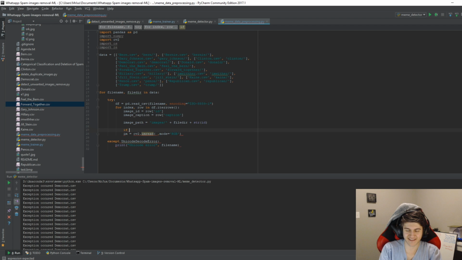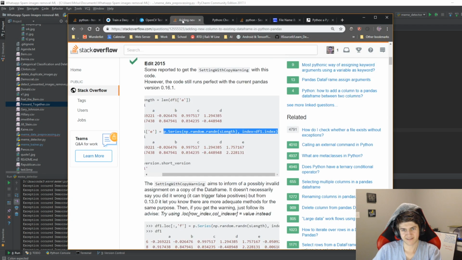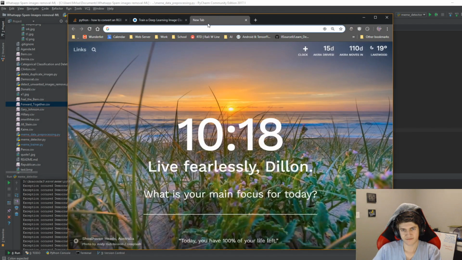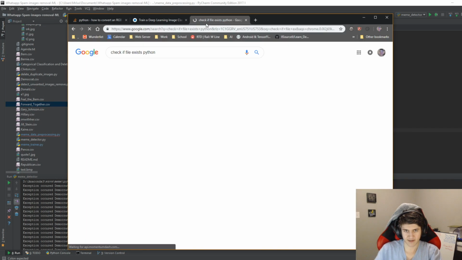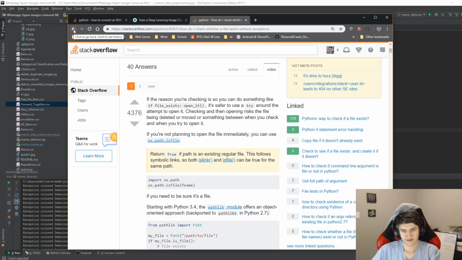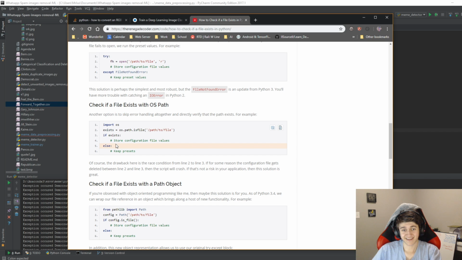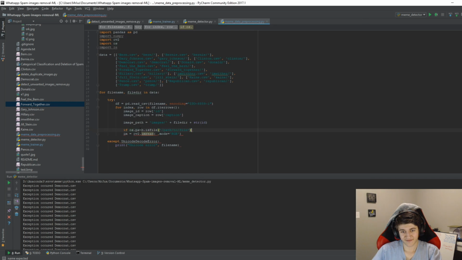Here, we can just do this, and the os dot, and this goes back to our original question. If file exists Python. Thank you. That's all you need to give. Path is file, and then we just say image path plus .jpeg or